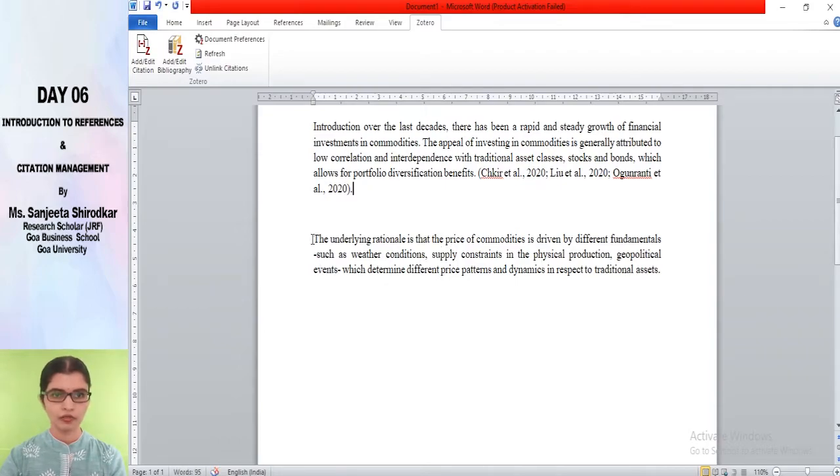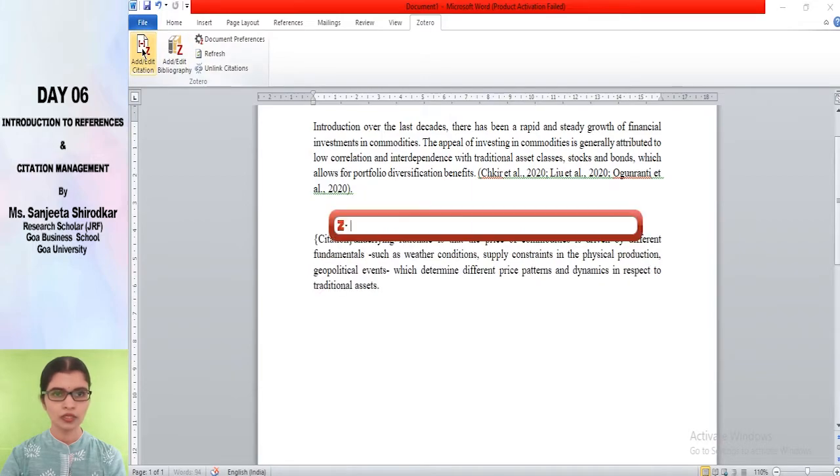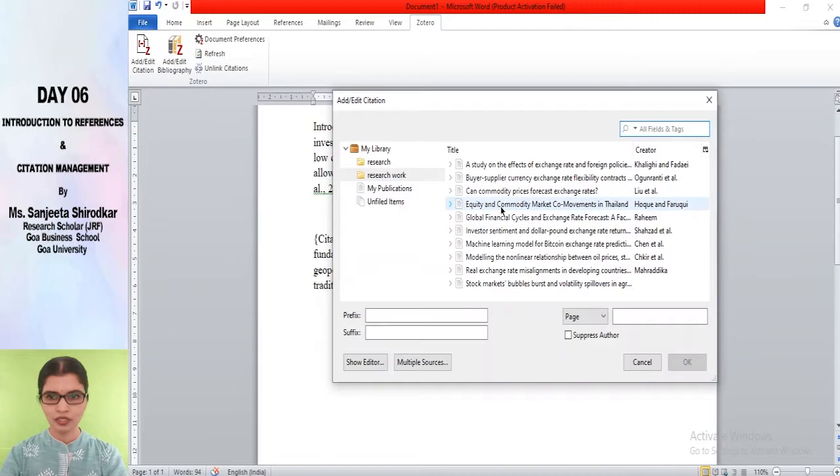Okay, and if you want to add a reference at the beginning, just like how I showed you, just go over here, type the reference. As I mentioned, I'm not remembering, so just go to classic view. Here there is Rahim, so I'll just add it.